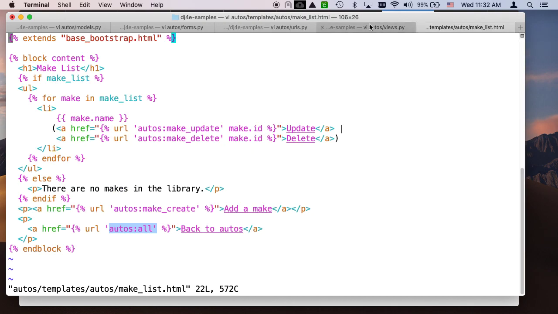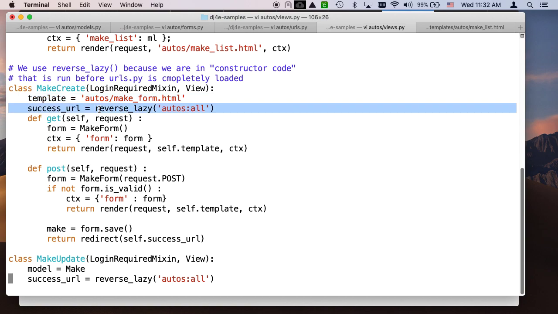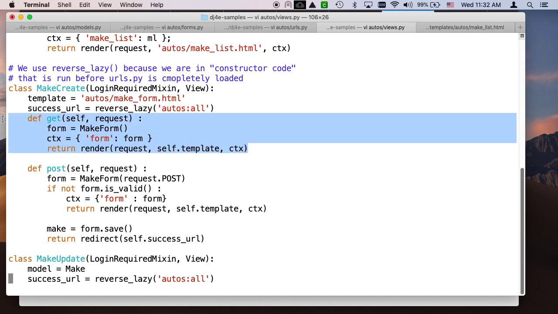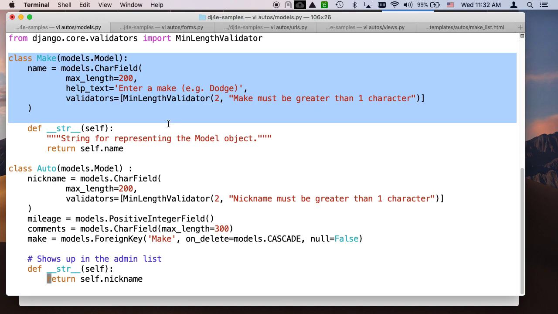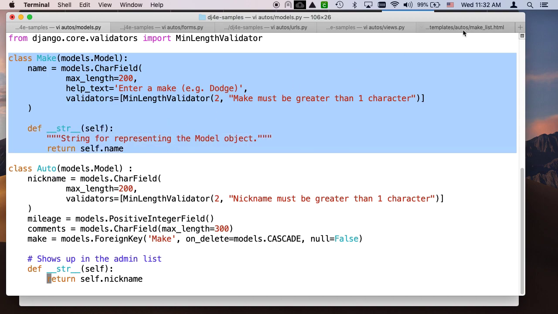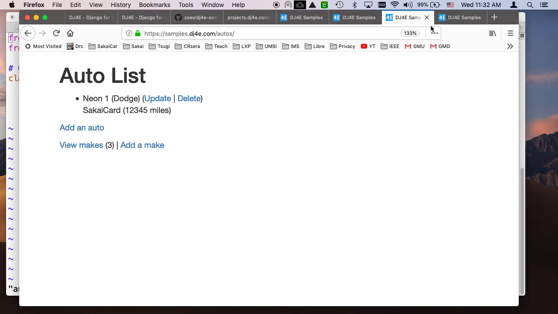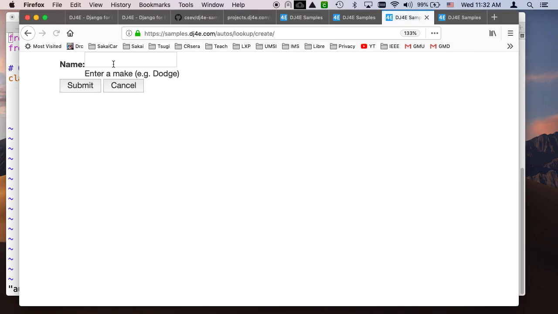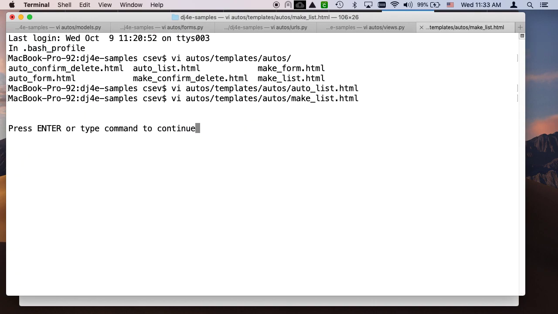Okay? And so if we go here, which template to use and which success URL. If we do a get request, we're going to build a form for the make. That comes from make form, but really it comes from the make model, which is just one string field. It's as simple as that, right? We're reusing this. We're just saying, let's make a form that pulls from here. We have to pass a form in because models can't be used to create this kind of screen. That screen comes from a form, okay? And so if we take a look at the template,